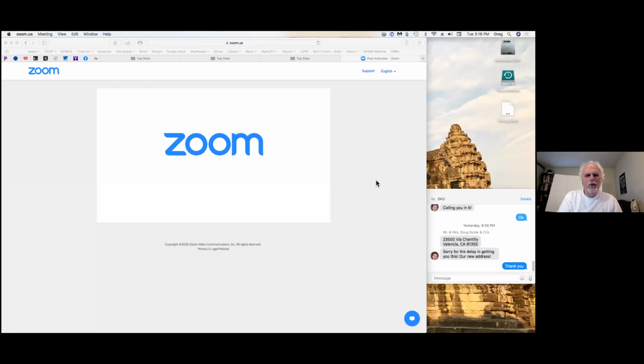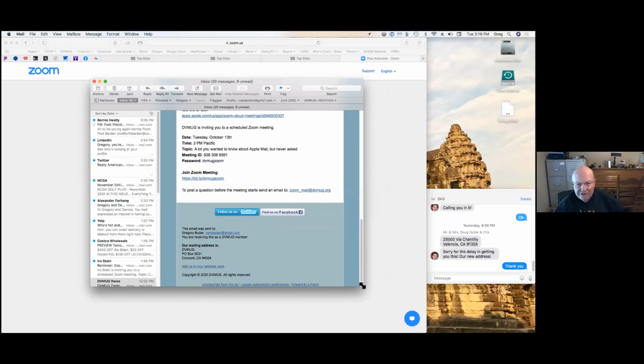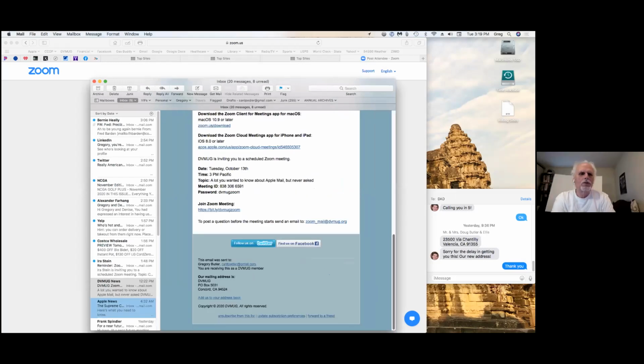Now you go to your mail. You can close that window if you want. I can't see anything at the moment. We see a screen with Zoom on it. A Zoom website. I have two monitors, so oh, that's the other monitor. Oh, okay. Can you drag your mail app over to the second monitor? Like so? Yeah, there you go. Okay, so go to preferences and rules.